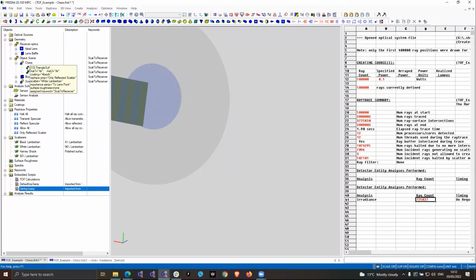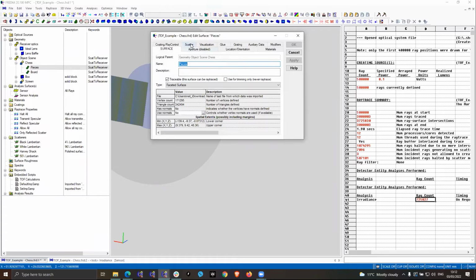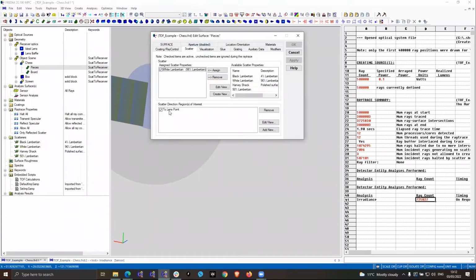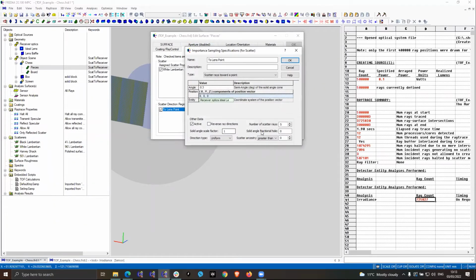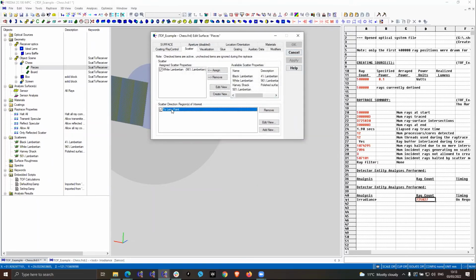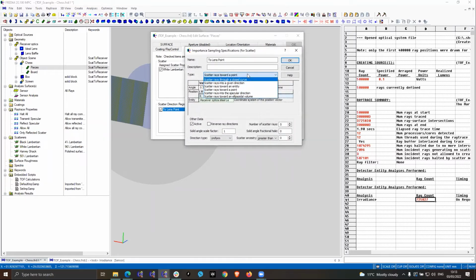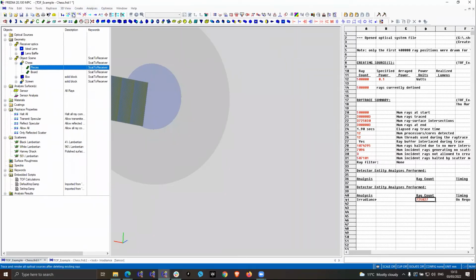You'll see that now the definition of the importance sampling has changed from my script, which runs very fast. It's now going to a point in our lens, a point centered on the middle of our lens with a very small cone angle. And like I say, Fred has lots of different choices for importance sampling. Here's a bunch of choices. But this one, if I rerun my trace now,